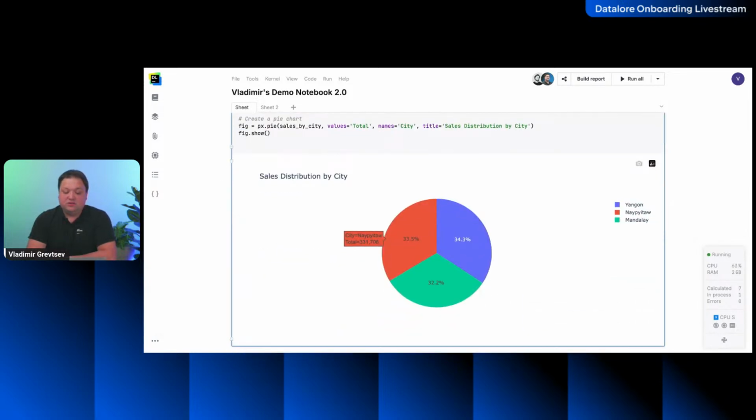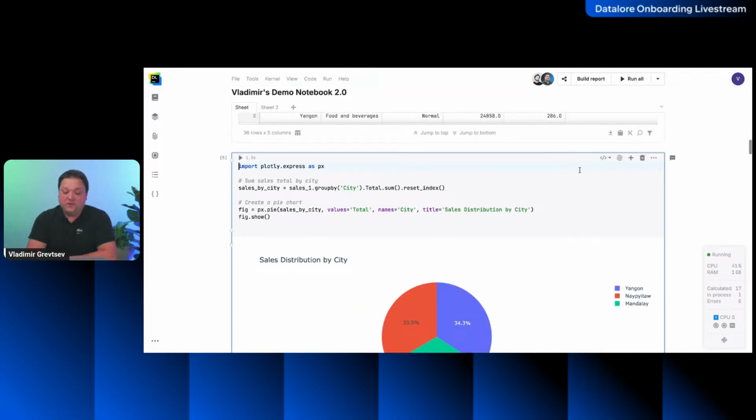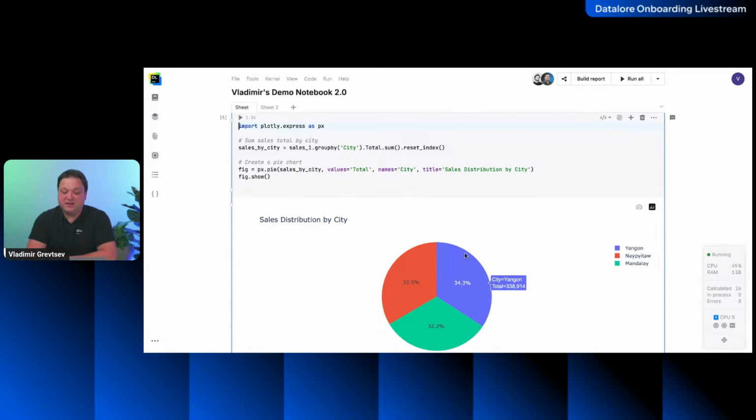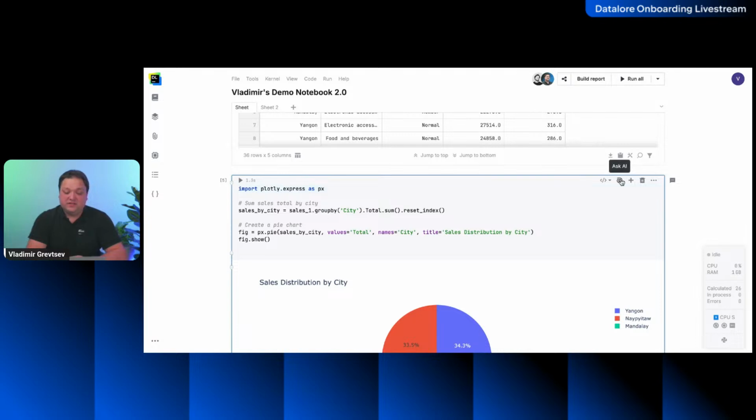Okay, so that's not bad. Obviously, we can go further and ask it to improve if we need to. So for example, if that's not something I was really looking for, for example, I would like to see the distribution not only by cities, but to have the product lines there, I can also add another question here saying,